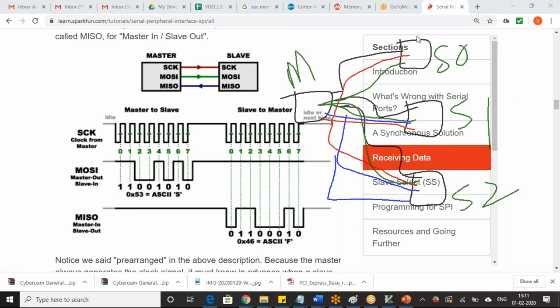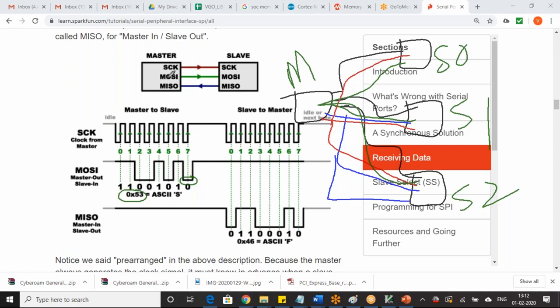Bit number 7 will indicate read or write. Here it is low, indicating that you want to perform a read. So at address 53, I want to perform a read, because you are making it 0.